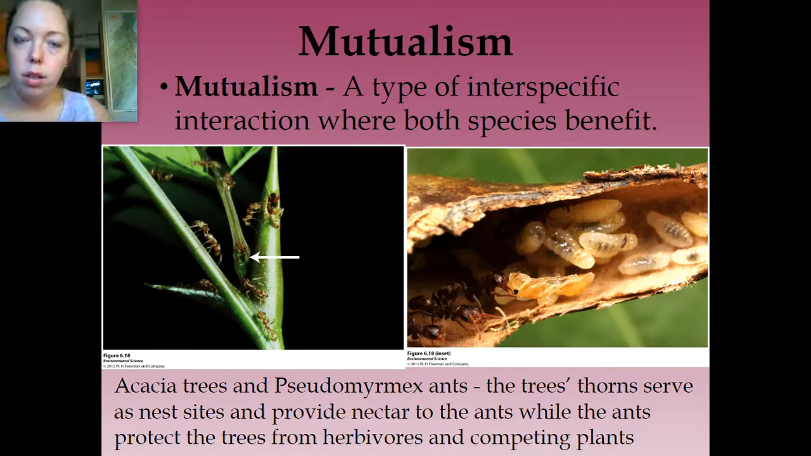There's a whole bunch of different types of mutualistic interactions, and we're going to talk about them. But one of the most ecologically important is the relationship between plants and their pollinators. Different types of pollinators can include birds, bats, insects, all of those types of organisms. The plants depend on the pollinators for reproduction, and the pollinators depend on the plants for food. In some species, one pollinator species might visit